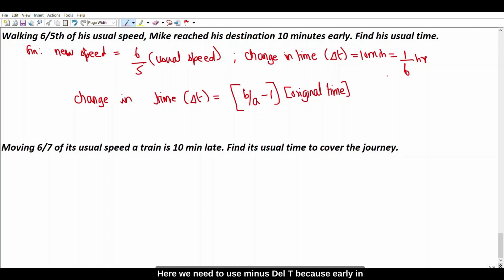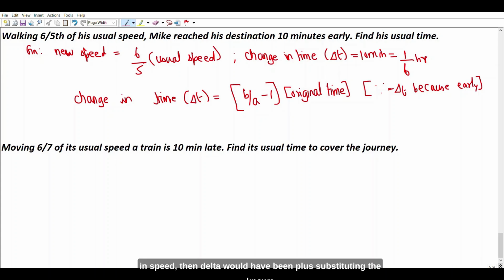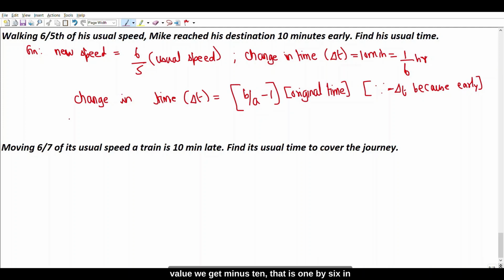Here we need to use minus del t because he reached early. In case had he reached his destination late because of the change in speed, then del t would have been plus. Substituting the known value, we get minus 10, that is 1 by 6 in terms of hour, is